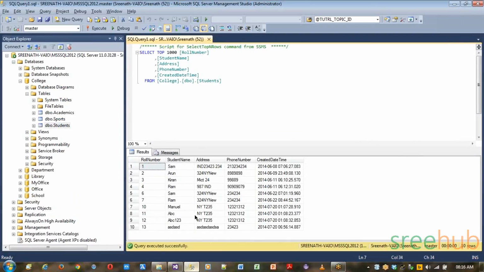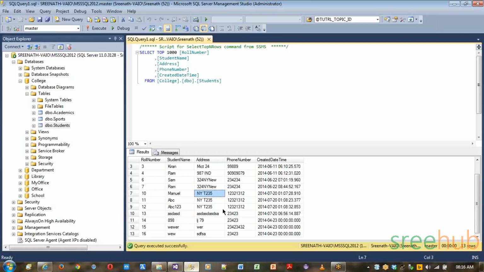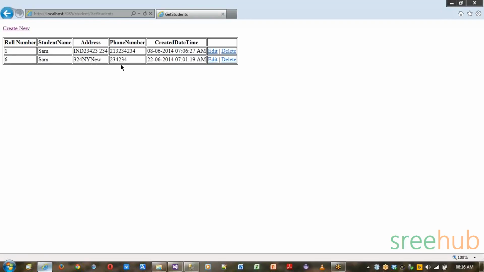Now as of now, initially you can see there are few students here, few students which I've added. Even for the data purpose, I've added more students, some 16 students here. So let's see how it looks. Click on student's home. Now this is your student's home. So as of now, you can see only Sam, right? So let's